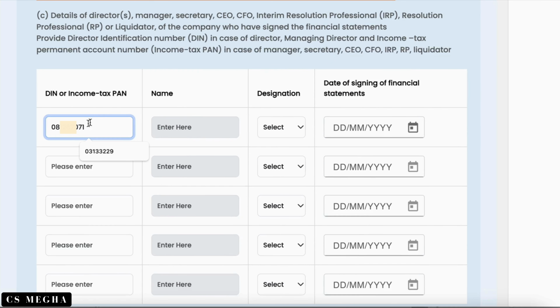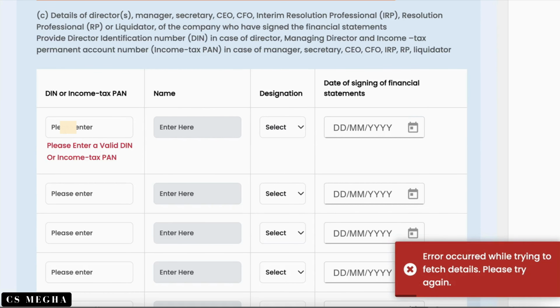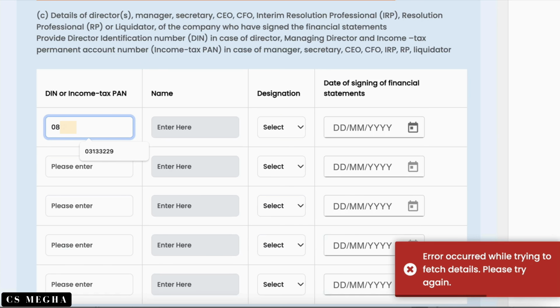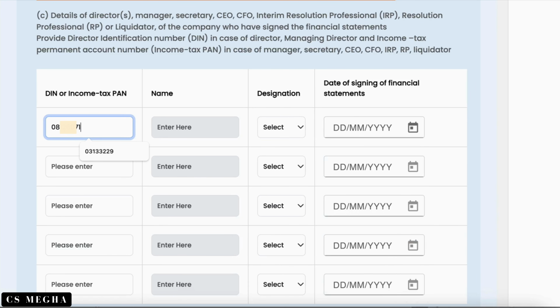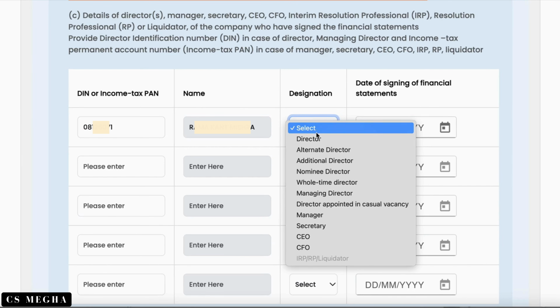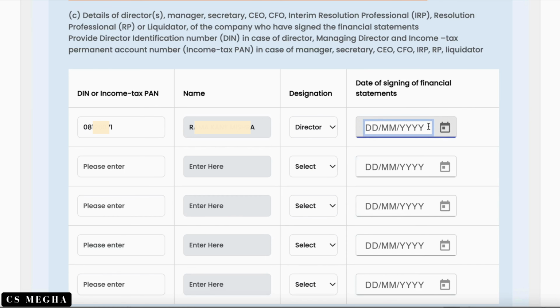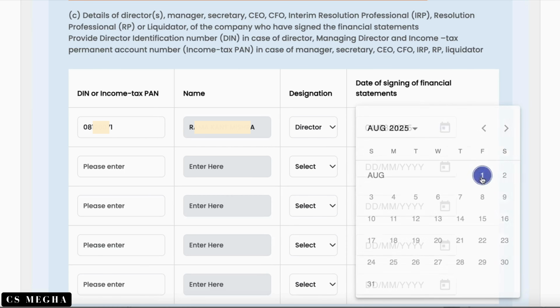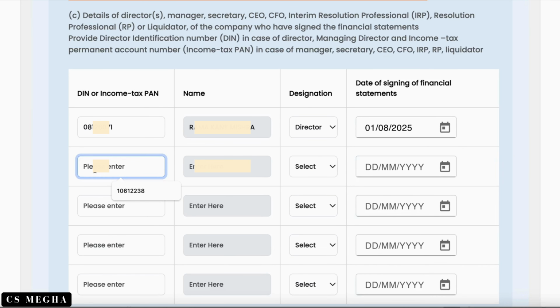Now we are filling details of directors, managers, etc. We'll put the designation, date of signing financial statements, second director detail, who has signed the financial statement, DIN number.